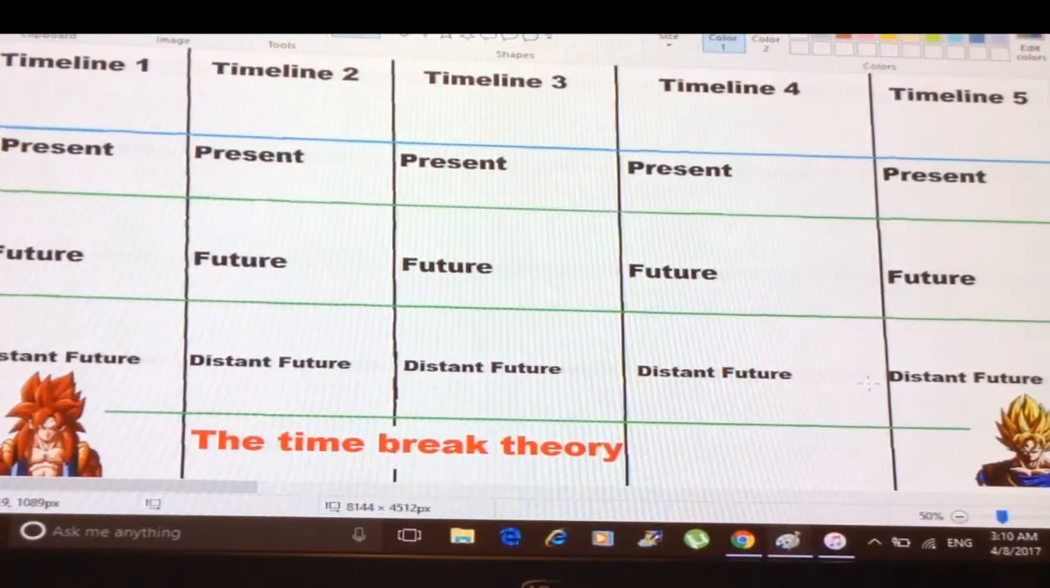Today we're going to be talking about our second theory, which is the time break theory. With the time break theory, it's really complicated and it basically revolves around breaking each line in between time. So the black line down here, each black line represents the gap between each timeline. So maybe what's different: each timeline has the present in each, has the future in each, and has the